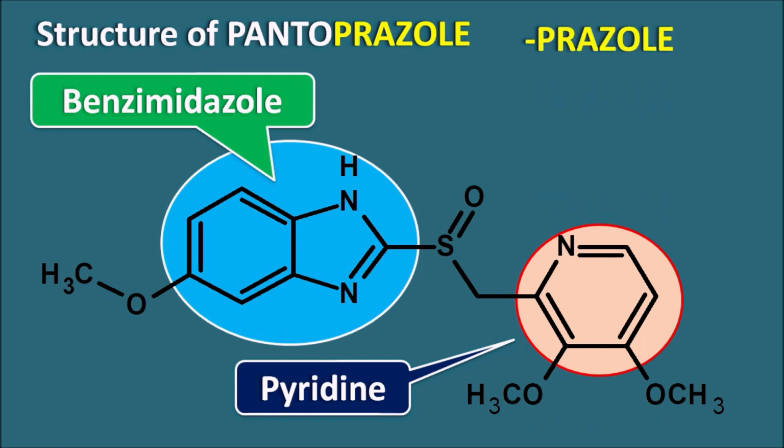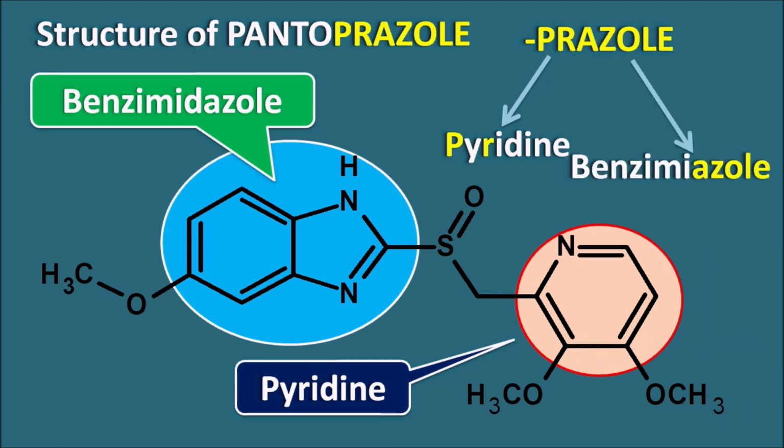From this we can derive prazole. Here we can easily remember the structural feature of pantoprazole from its suffix. Here PR indicates having the pyridine nucleus. From the pyridine we can take the PR. And azole indicates having the benzimidazole nucleus. In this way, proton pump inhibitors have two types of heterocyclic ring systems, benzimidazole and pyridine, but these two are not directly connected. They are connected with an alkyl sulfoxide bridge.